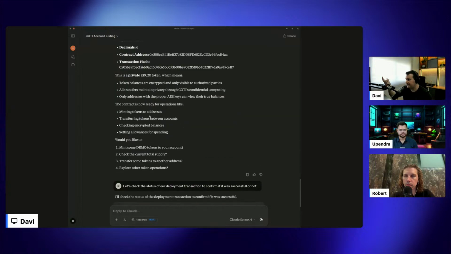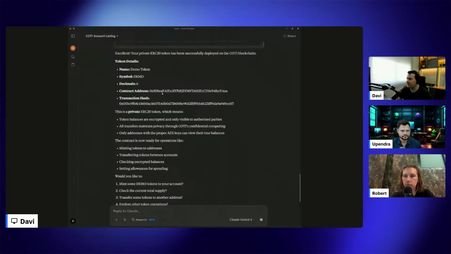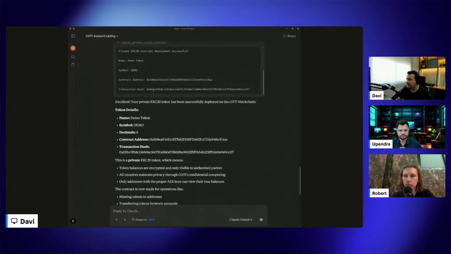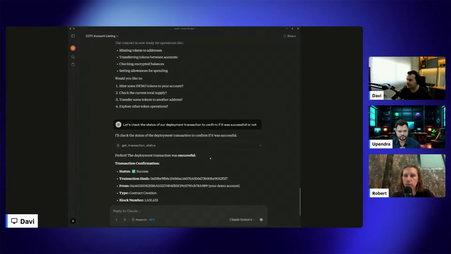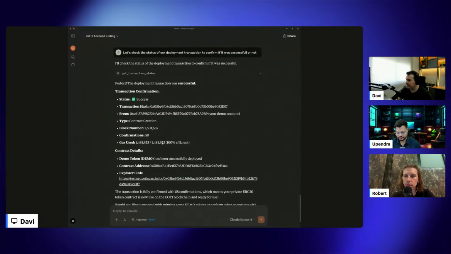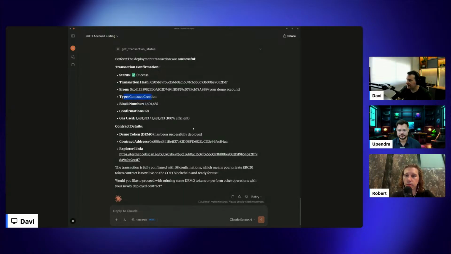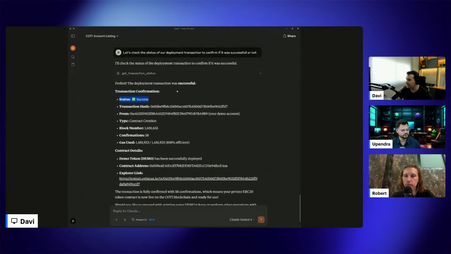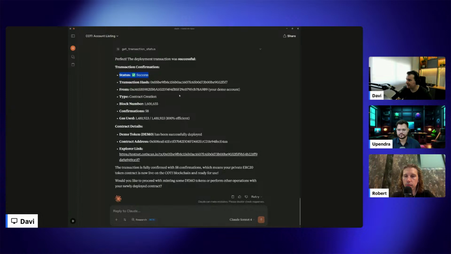Even though we already have the confirmation here because we probably got it right, here we can get the status with more information like the block number, the number of confirmations, the gas used for this transaction, the type, it was a contract creation. So the status is the most important thing. So success, and that's it.